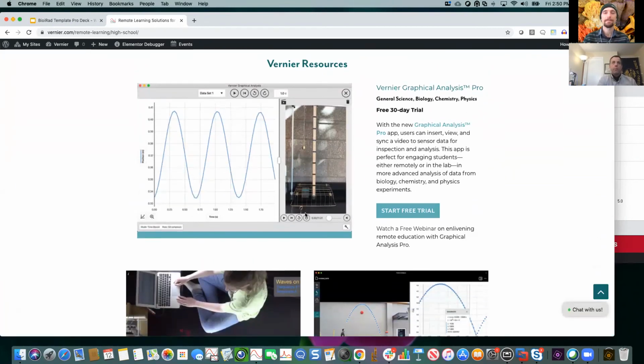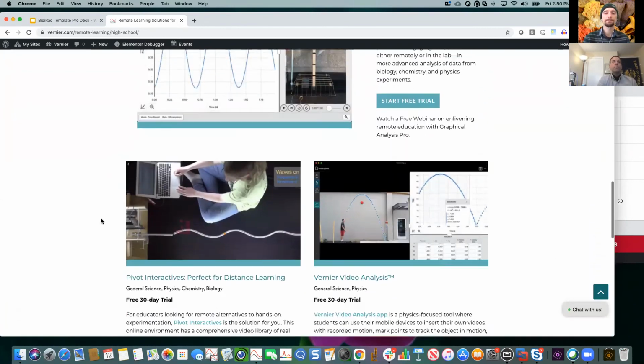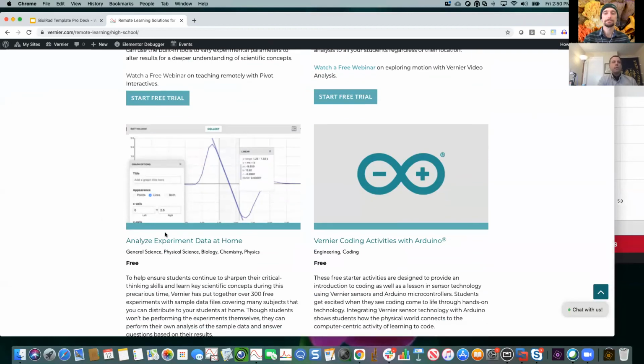So here's GA Pro, you could get that, but we have lots and lots of experimental data, lots of biology experimental data. Once again, all of the sample data that exists in our inquiry biology book, I haven't been able to put in this sample data library, but if you're interested, just ask and I can get it for you.